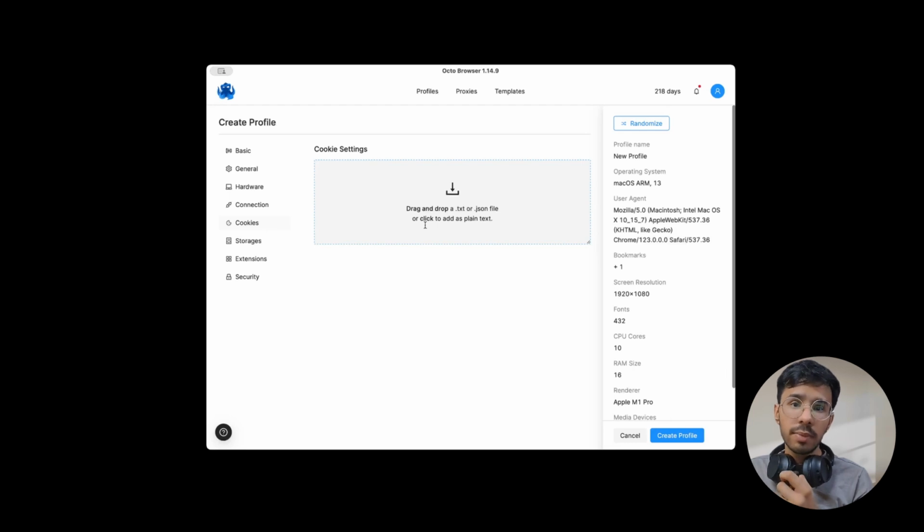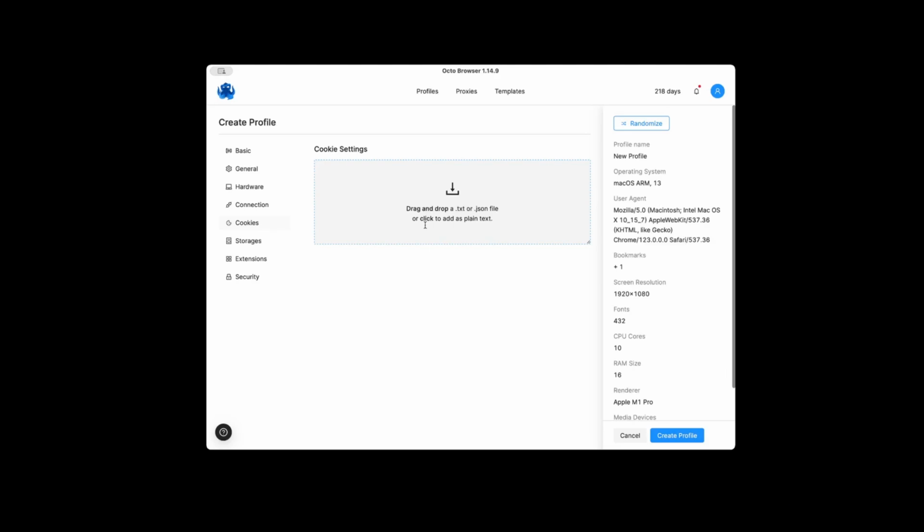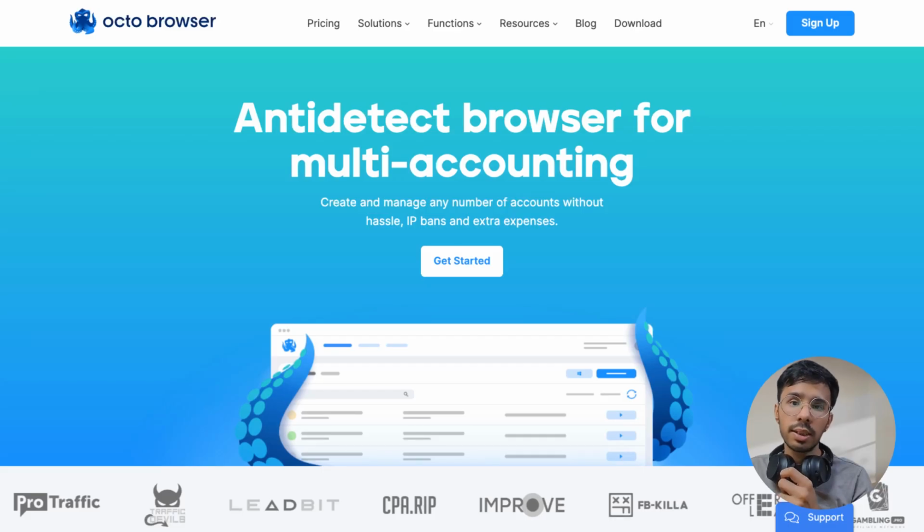Then talking about the cookies management, you cannot manage cookies like you manage proxies in the browser. However, you can upload cookies for each profile and log in automatically to those preferred sites. To sum it up, Octo browser is a modern and feature-packed alternative to traditional web browsers. I've used several anti-detect browsers, and Octo browser is the best tool for advertisers who manage multiple Google Ads accounts or Facebook ad accounts. Not just Google or Facebook ads accounts, it can be any type of ad account, social media accounts, or dropshipping accounts.